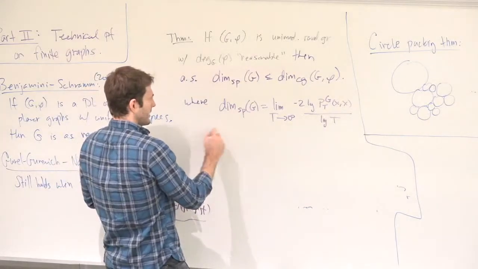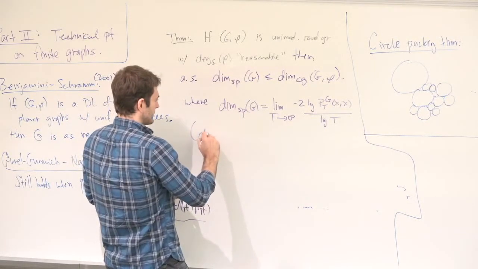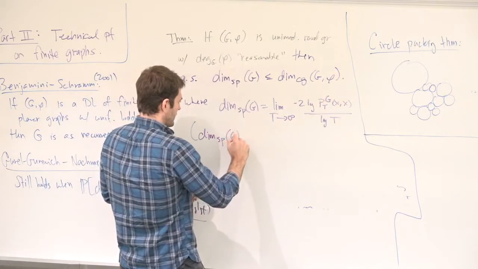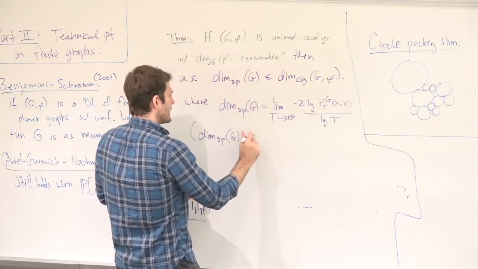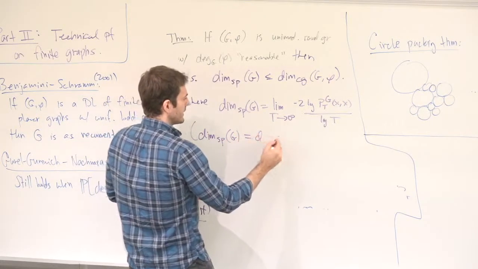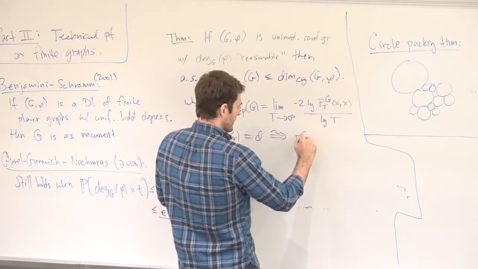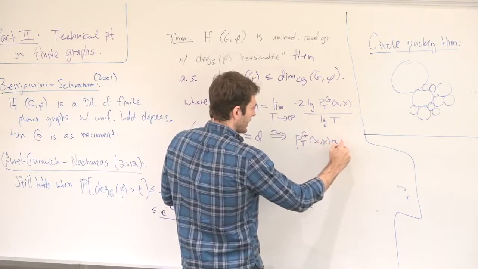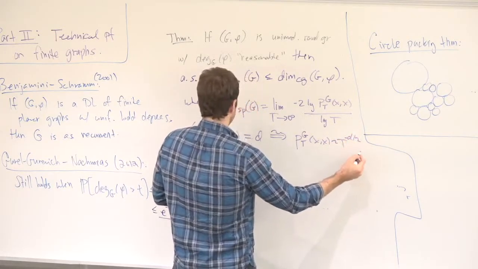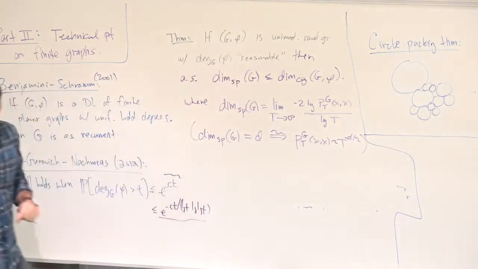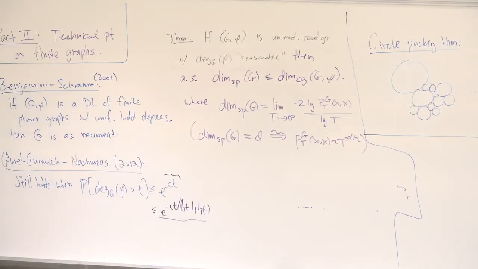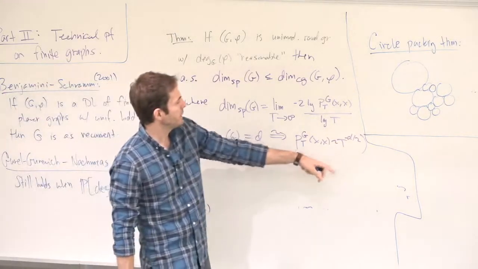Instead of parsing the definition, if the spectral dimension is d, this implies, not exactly, but in some fuzzy sense, that the return probabilities decay like t to the minus d over 2. So if the spectral dimension is 2, then you get 1 over t decay in the return probabilities,